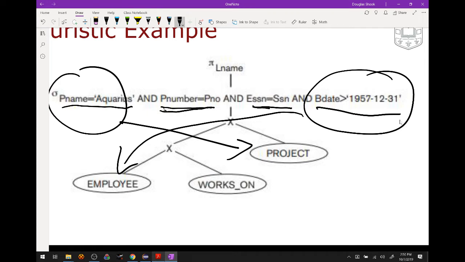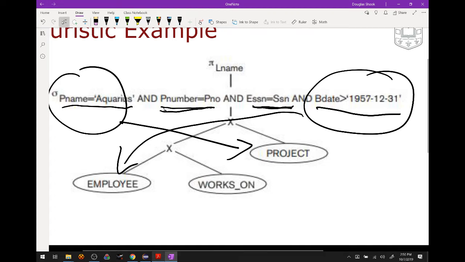These, the two that are remaining, cannot be pushed very far down the tree because these two are going to represent our join conditions in this particular case. So project number from the works on table, and P number from the project table. Employee social security number from the works on table, and social security number from the employee table. So those have to happen after the Cartesian products, because otherwise those columns won't be available for me to perform the